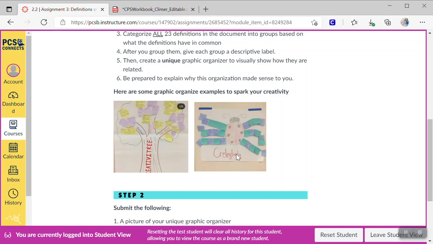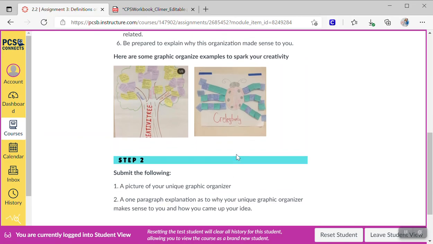So I want you to get creative here. I want you to come up with a unique graphic organizer that visually shows the way that you broke up the categories. So I'd probably start by breaking them into categories and tell me what categories they are, give them a name. Are they processed? Are they new? You design how they're going to be categorized. It's not for me to tell you, that's for your creative brain to decide. And then you're going to create a fun way to organize them.